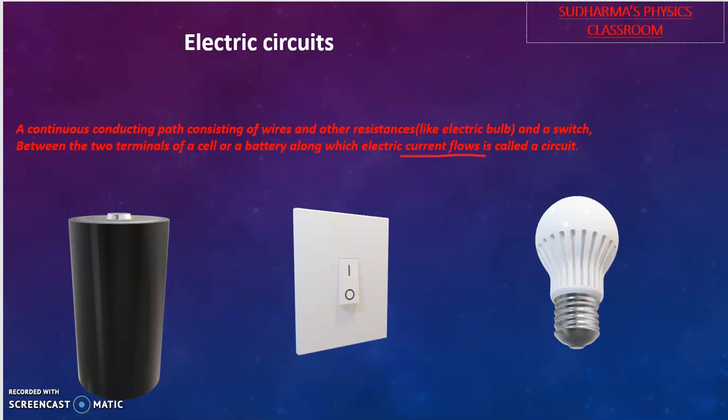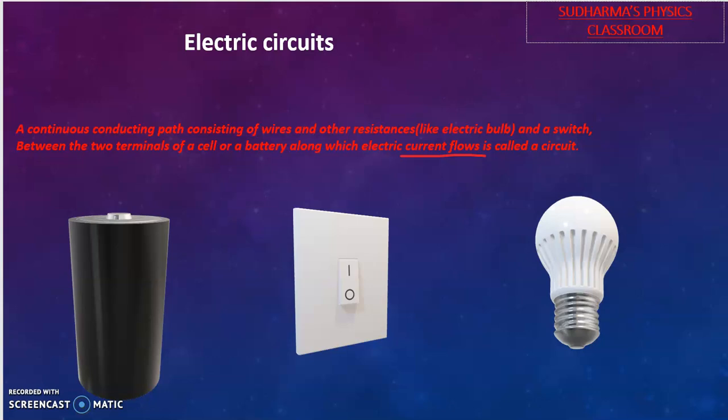All these words are important. It should have circuit elements like a battery. It is mandatory, because without a battery or a cell, the circuit is incomplete, because this battery will provide the potential difference, right? Another thing is the switch. The switch will control whether we allow the current to flow through this or not. And a bulb: in this simple circuit we can use a bulb so that if current is flowing through the circuit, once we switch on the circuit, the bulb starts glowing.